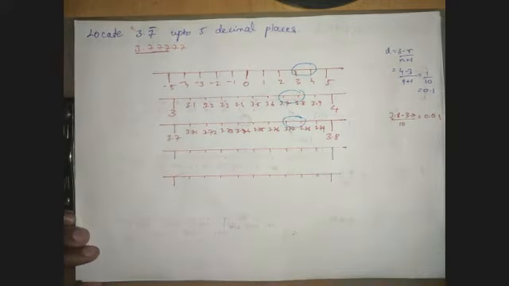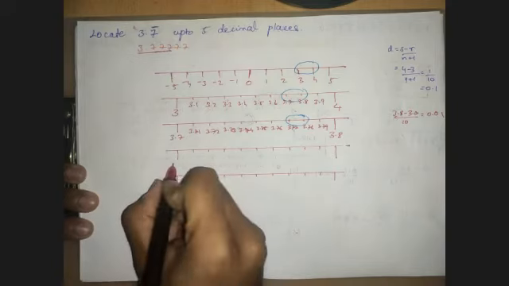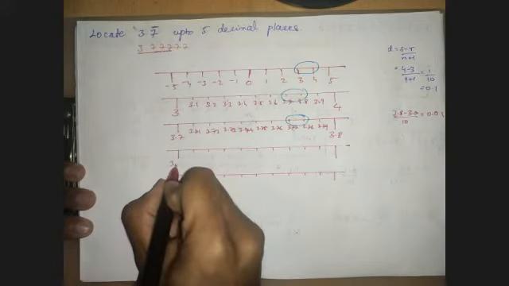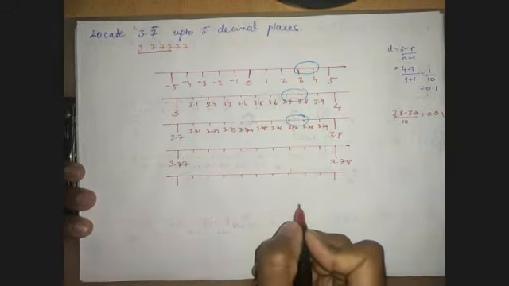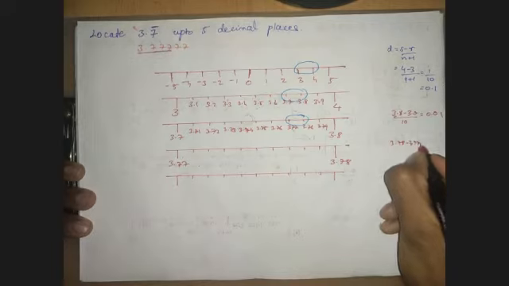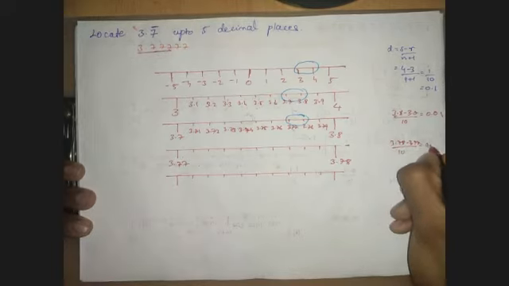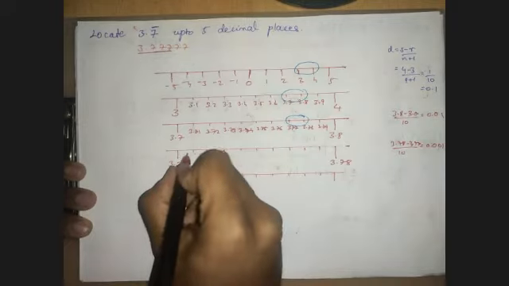So I need to zoom this part. So I need to add 9 numbers between 3.77 and 3.78. So how do I add it? It is 3.78 minus 3.77 by 10, that would be 0.001. So I add the numbers here: